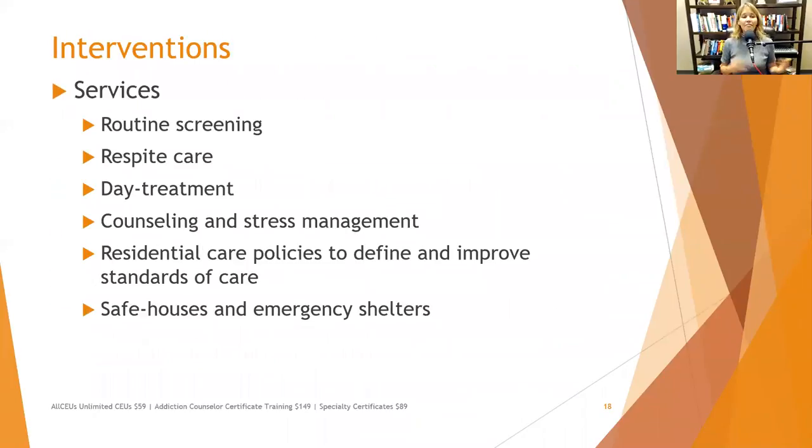We want to make sure that everybody's providing routine screening for elder abuse, but also routine screening for any sort of problems that may need intervention. A lot of these issues that older people deal with, they've come up with new treatments that can prolong someone's cognitive and physical health. So if we're doing routine screenings for dementia and Alzheimer's and Parkinson's and heart disease and other things, we can help the elder maintain their highest quality of life, which will help them maintain independence for the longest amount of time.